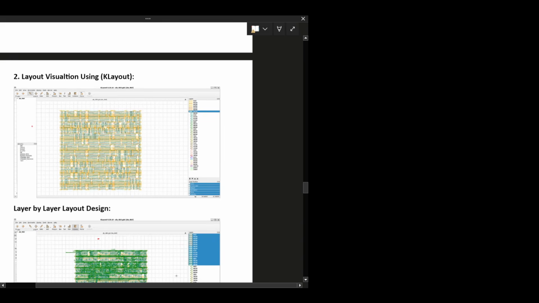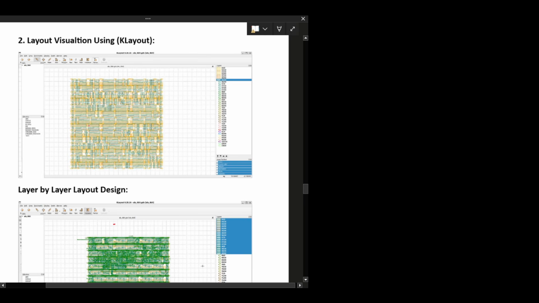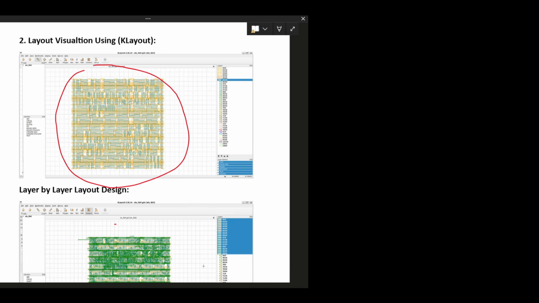And the second tool is KLayout. For layout design, I use two tools. First one is Magic VLSI and second one is KLayout. In KLayout, I visualize layer by layer. First I check the first 5 layers of the design.